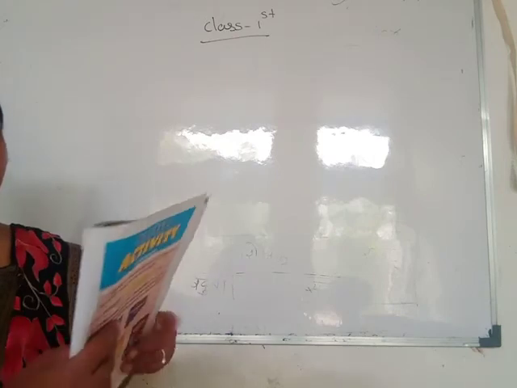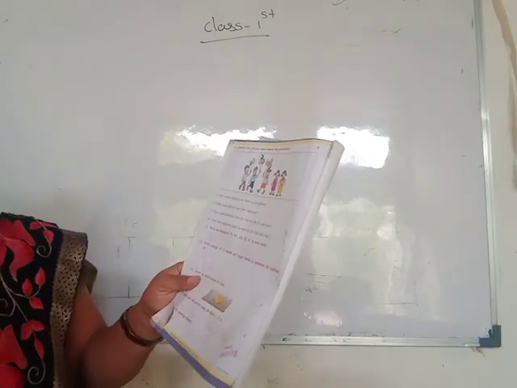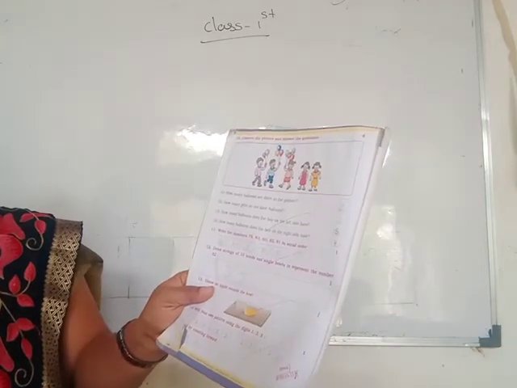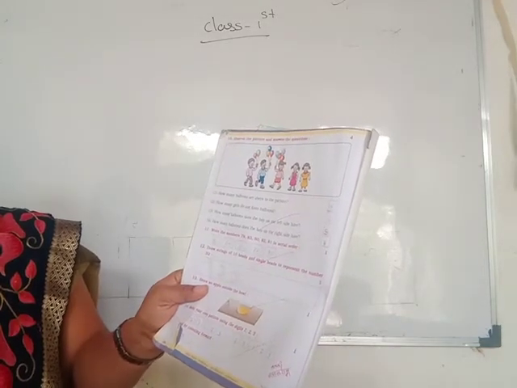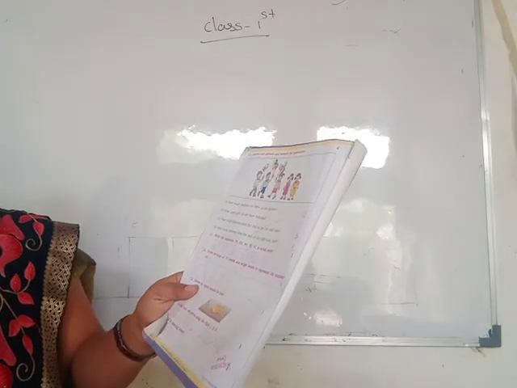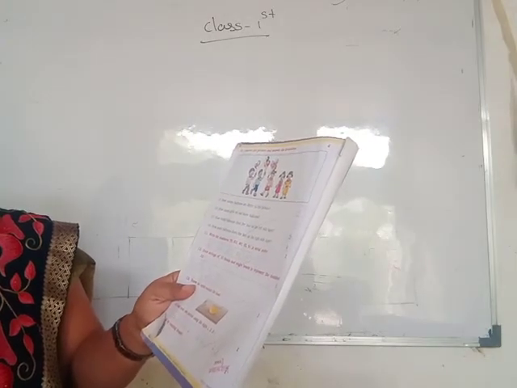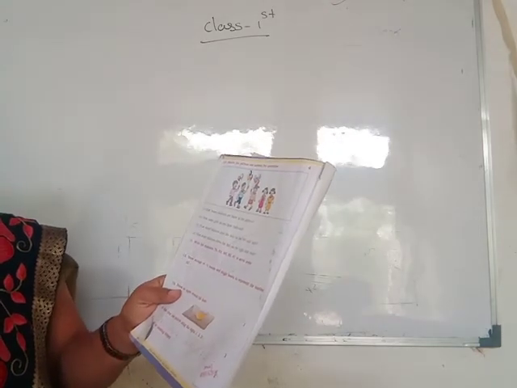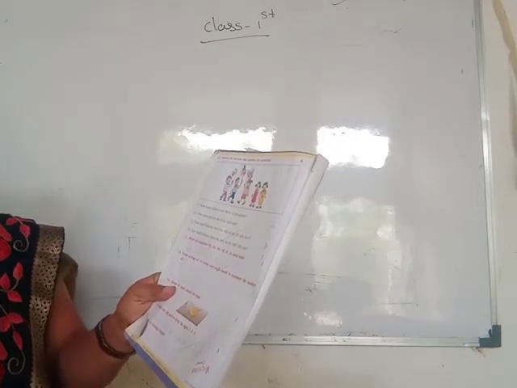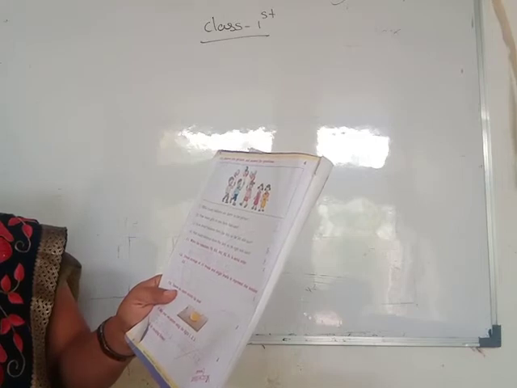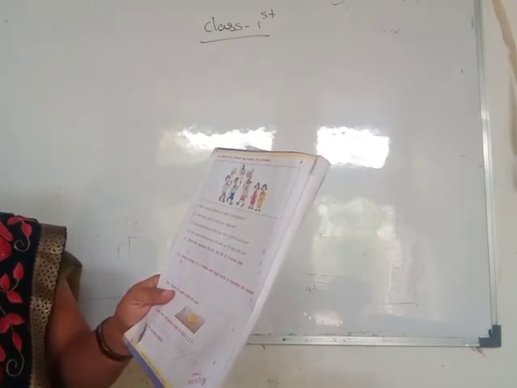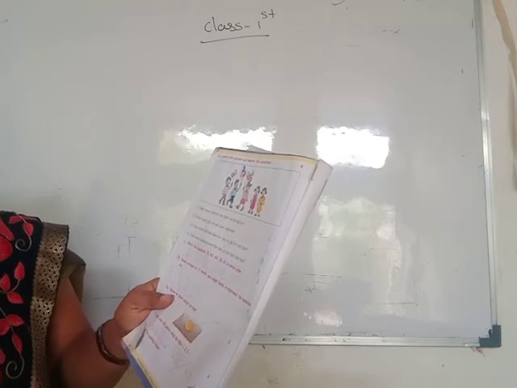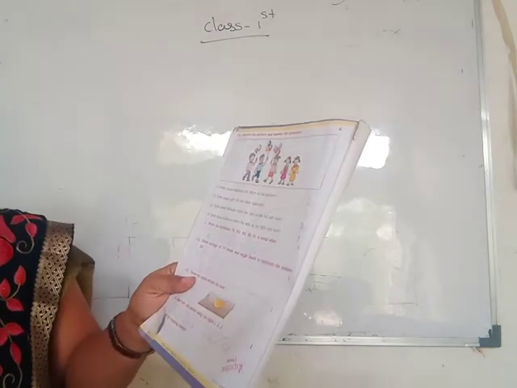Then observe the picture and answer the questions. How many balloons are there in the picture? How many balloons? You count these 1, 2, 3, 4, 5, 6, 7, 8, 9 balloons. Then how many girls do not have balloons here? 2 girls do not have. Then how many balloons does the boy on the left side have? On the left side how many balloons here? Left side you see here 2, 3, 5, and on right side here 4 balloons.